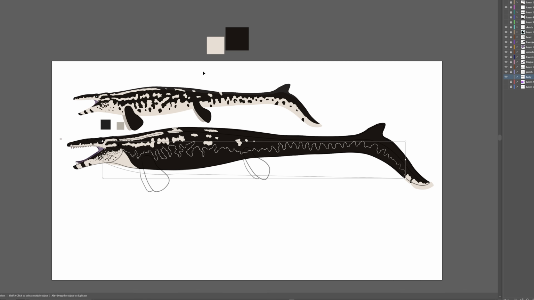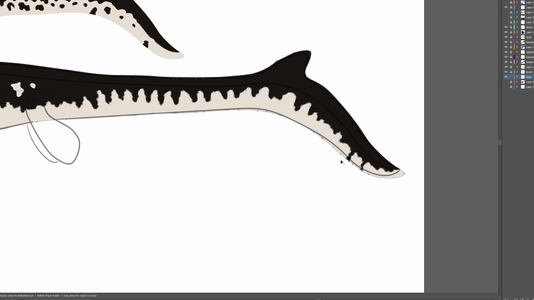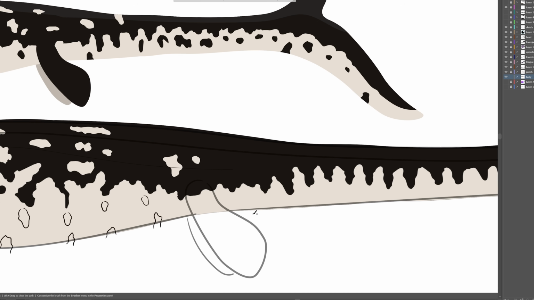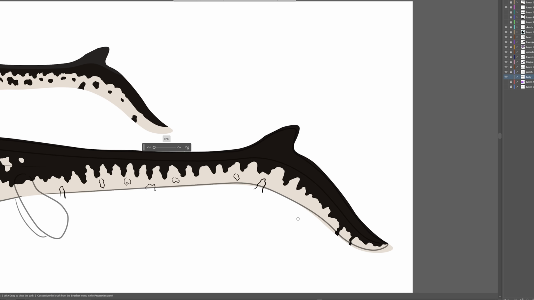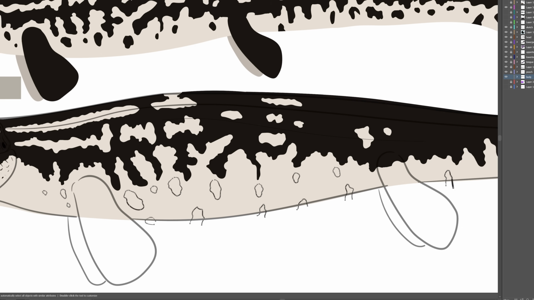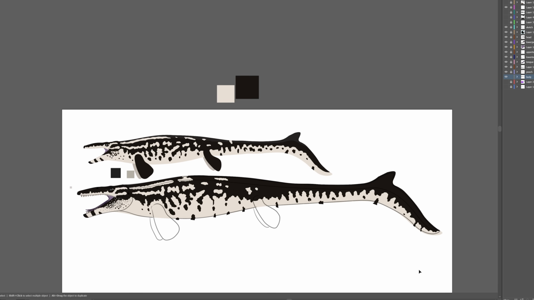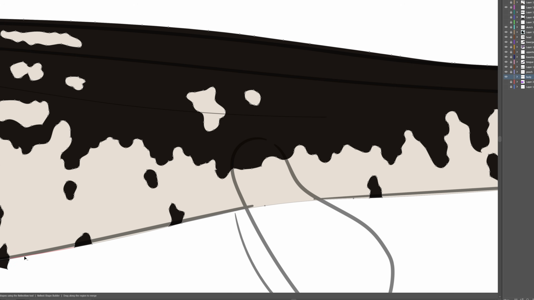And while I do still try to maintain as much scientific accuracy and plausibility as possible with each design, I do like to exercise a lot more creative freedom with certain animals when I can. But something that I definitely want to try to do more often is introduce and showcase more speculative behaviors and features. So for the Tylosaurus video, for instance, I definitely want to do a scene similar to the Prehistoric Planet